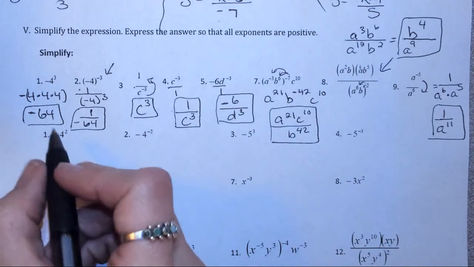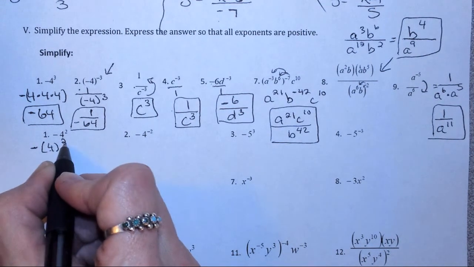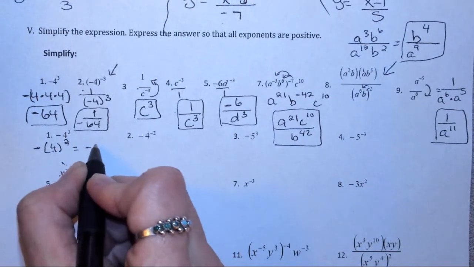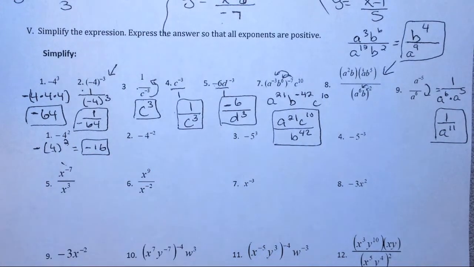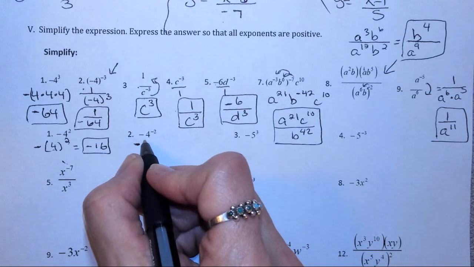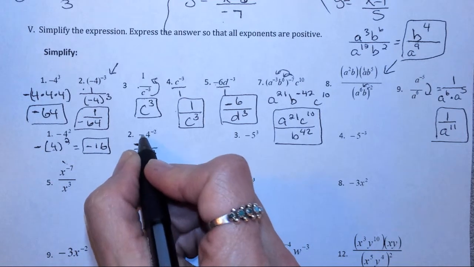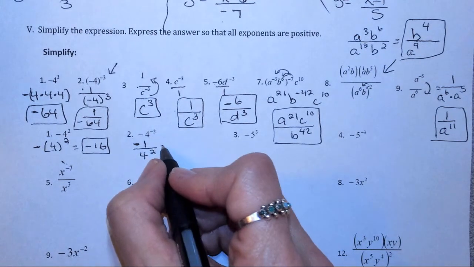Okay, so on number 1, you have negative 4 squared. 4 squared is 16, but there's a negative here, so the answer is actually negative 16. Number 2, we're going to have a negative over 4 squared. So the negative stays, and only the 4 to the second goes to the bottom, so it's negative